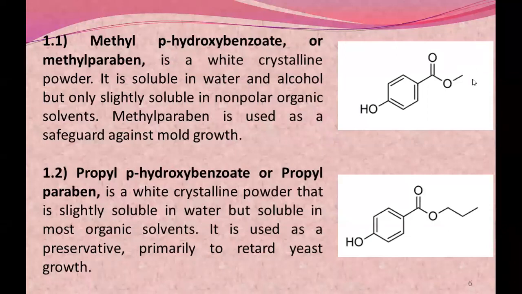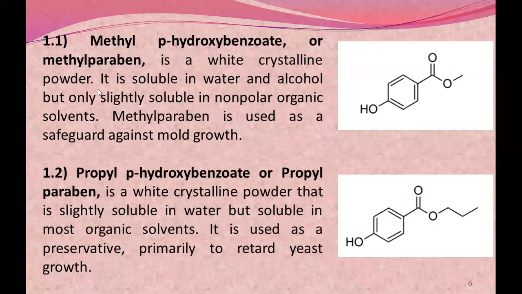So from here onwards you are supposed to understand that wherever such a single bond comes, that indicates there is CH3, not hydrogen. Many of you might get confused that if nothing is written, it means hydrogen. No, it's not like that. It is a CH3 group present at this position. So this is COOCH3, and this is the benzene ring and OH. So this is the methyl paraben structure.